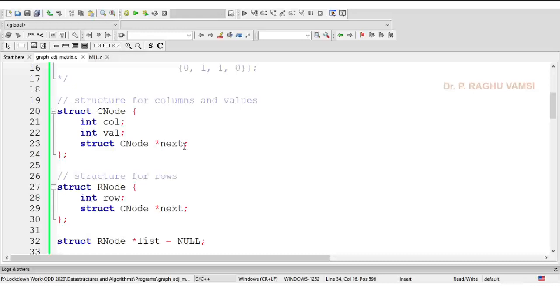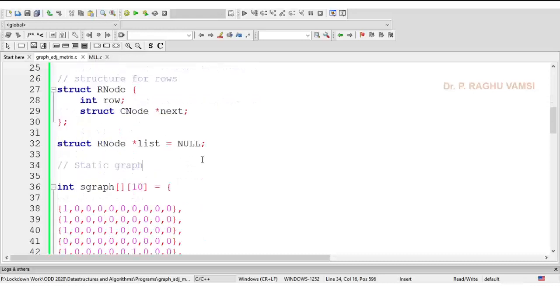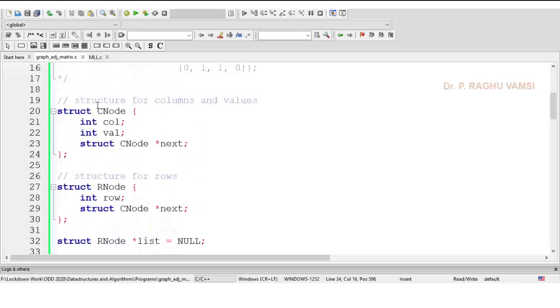Actually, R node represents the row nodes, and C node represents the columns and values. So here column and values and a row node. Instead of column and value, if we consider a weighted graph, we need to have a weight also. So let's assume this value as a weight. Either you may write it as weight or you may call it value as a weight.